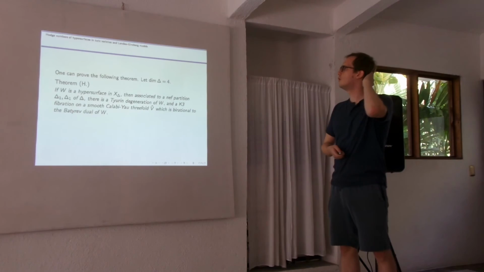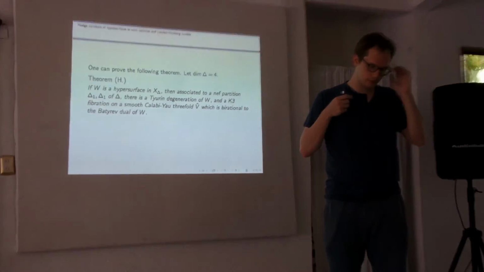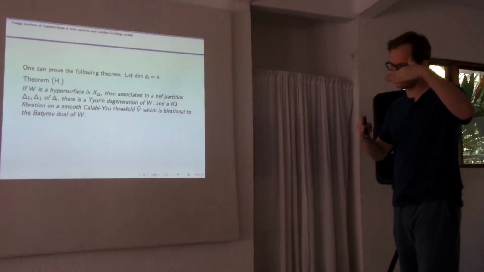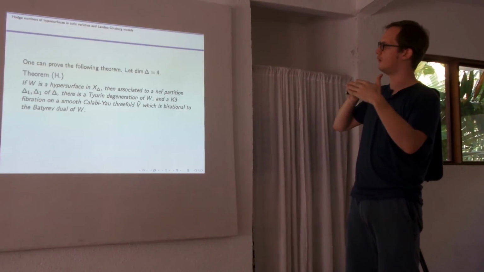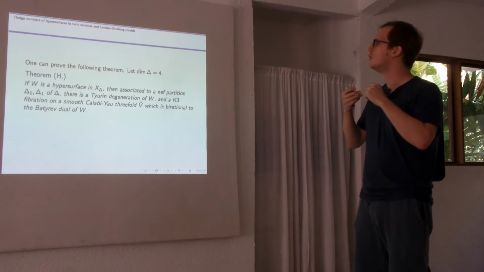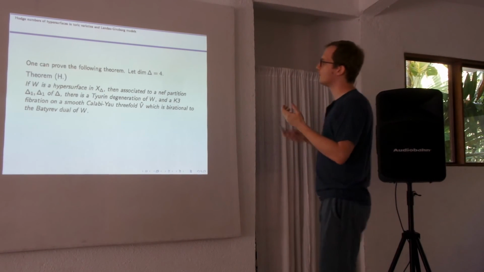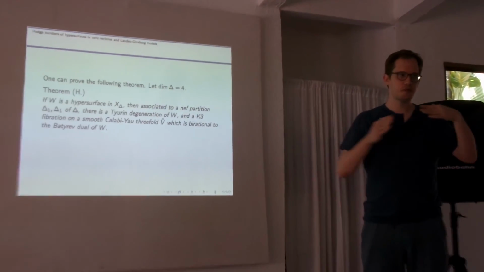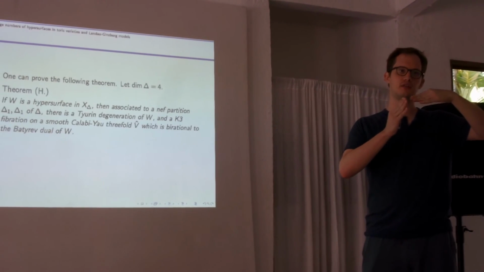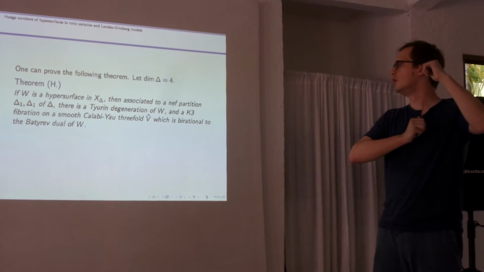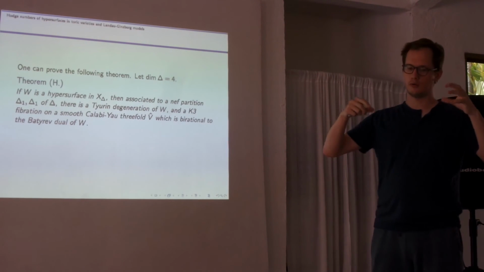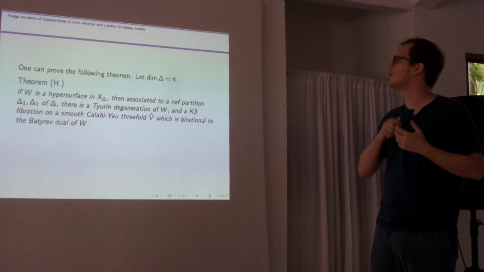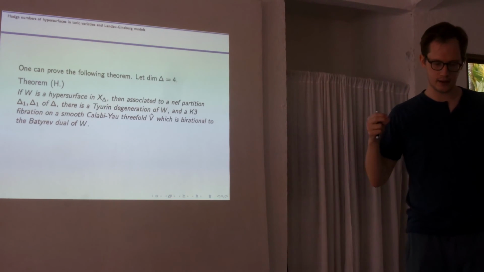Okay, great. So what you can prove is that the prediction I waved my hands at in the beginning, that these Tyurin degenerations correspond to fibrations on the mirror, is essentially true. If you take a hypersurface in X delta for a four-dimensional polytope, then to any nef partition, you're given a Tyurin degeneration of this toric hypersurface. On the other hand, when you run this through Batyrev's mirror symmetry construction, plus a bit of other geometry, what you get is that you can find